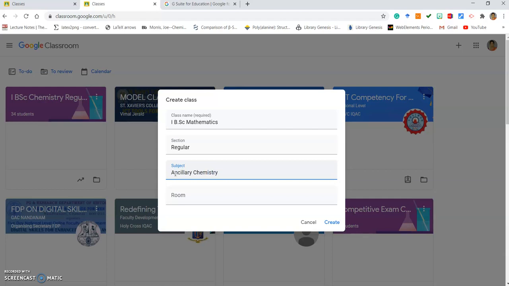Suppose you have more than 100 students, say 150, you can put 75 students in room number 1 and the other students in room number 2 with the same settings, and you can provide a separate class code for each set. Now let me imagine I have only 100 students or fewer. Okay, so now I just create the class.